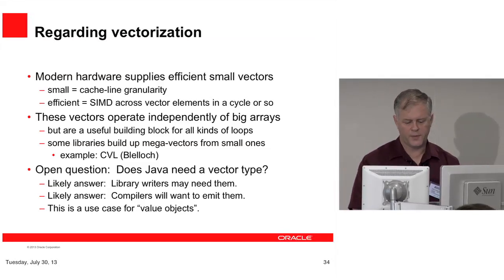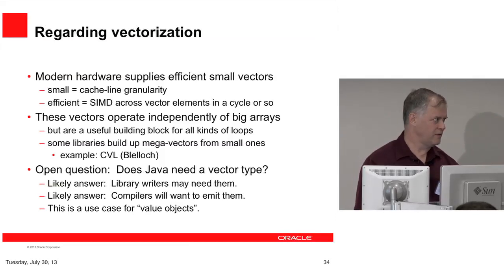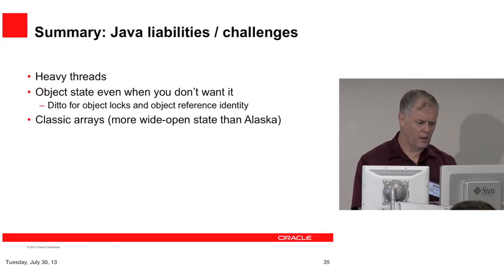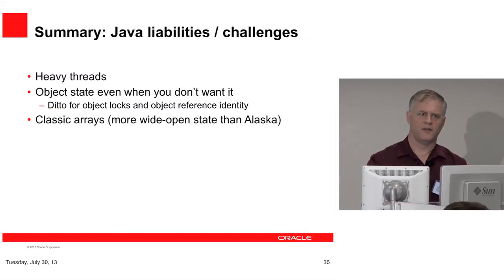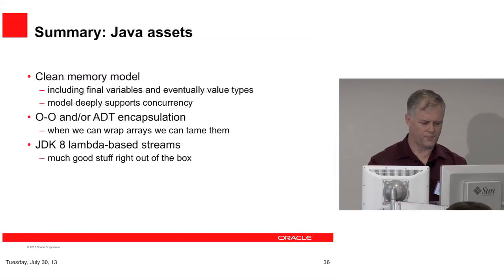And we can argue about this, but if it does, this is clearly a use case for those pesky 128-bit types that we've been talking about all today and yesterday. Java's challenges I've gone into, but here's the short list. I haven't talked about reference identity, but you can sort of get what I mean. If a complex number is the same as another complex number, but their reference is different, how do you store that information? Oops, you shouldn't.